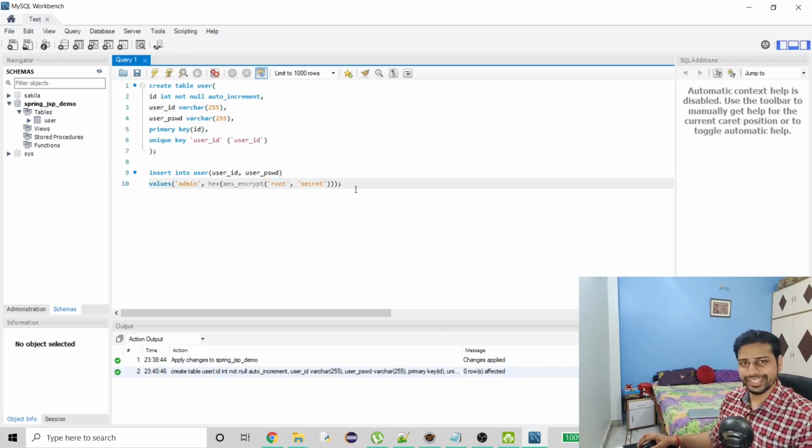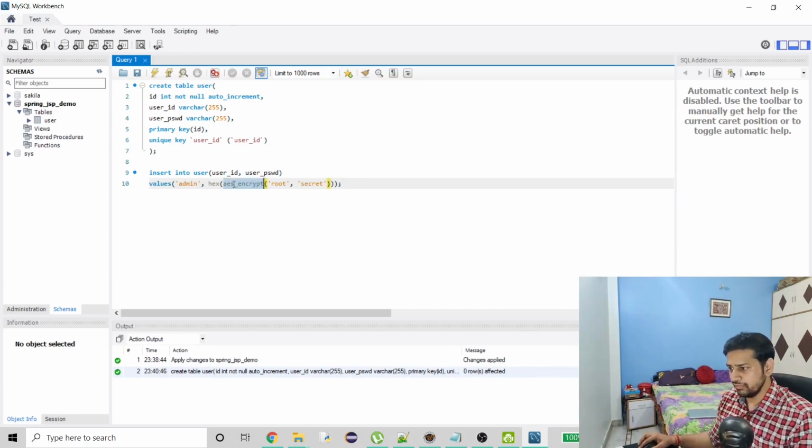I just named it secret, because I did not want anything else. You can have anything that you want here, but remember that whatever you put here, while decrypting you have to pass on this same value. So this key is going to be used for encryption as well as for decryption.